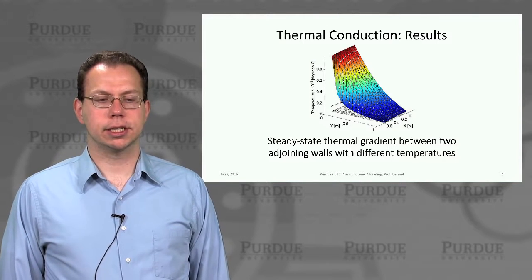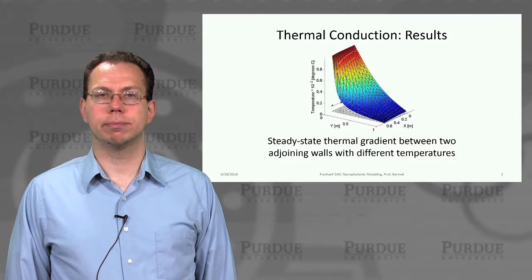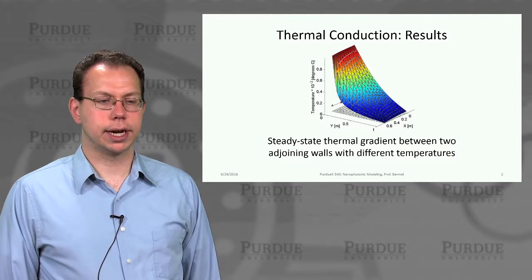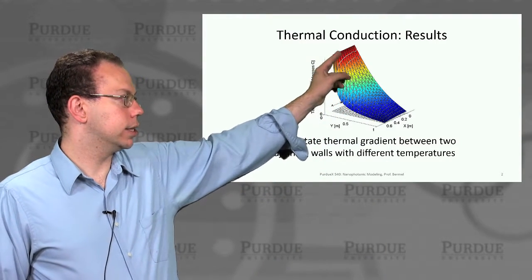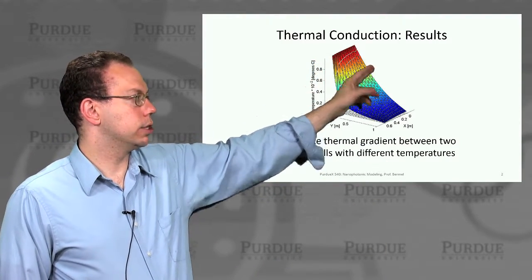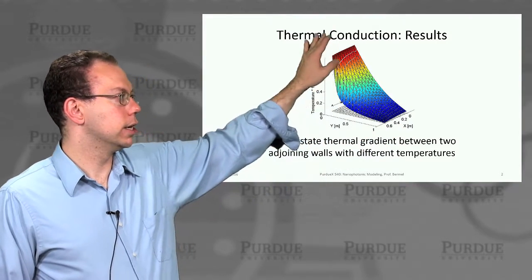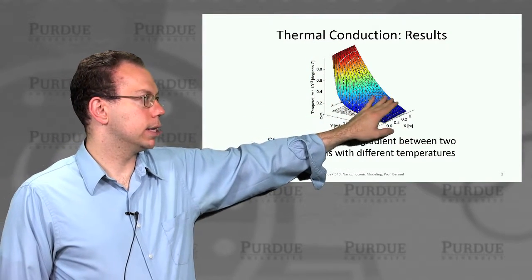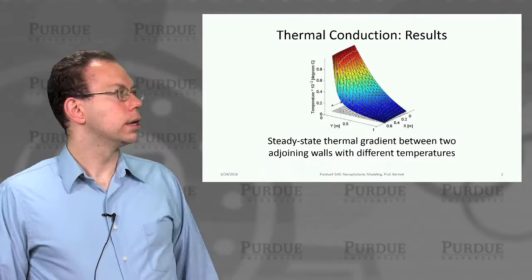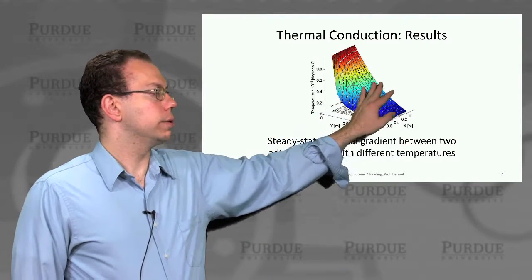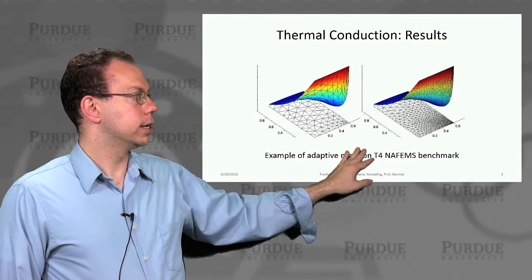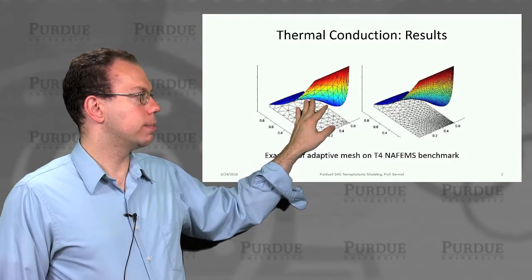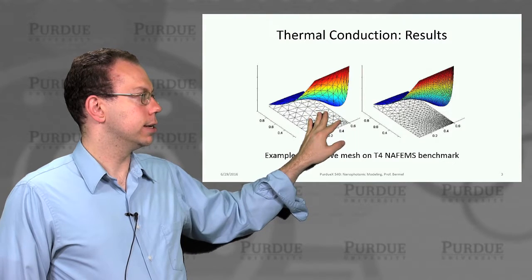So of course this is a relatively simple example, simpler than some of the other ones that you looked at earlier, in fact, but just depicted slightly differently. So you can see, of course, you have high temperature over here, low temperature over here, and then this gradient is happening like this. So you have that gradient in general between two different temperatures. And now we're going to actually look at what would happen if you had a more complex geometry.